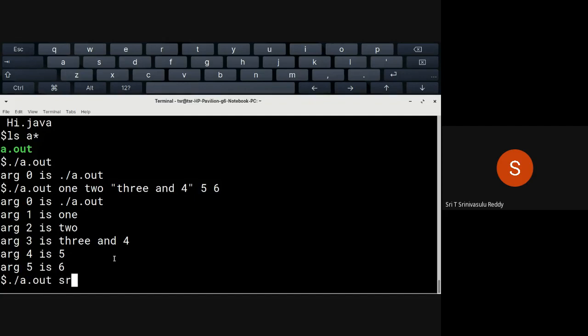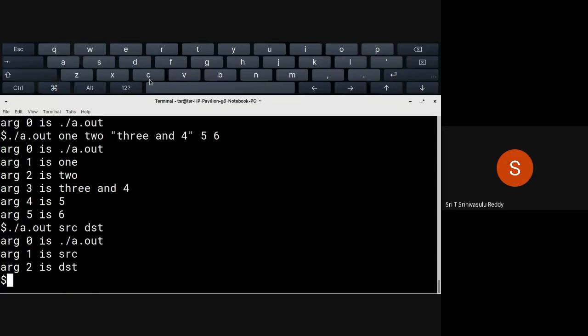So now our idea is ultimately you want to run this by saying a.out and a source file name, and space, destination file. Like this we want to give it. Right now it is only displaying whatever you are giving, but now you have to open inside. You have to open the source file for reading purpose. You have to open the destination file for writing purpose. After that, keep reading the data from source and then keep writing that onto destination. At the end of the file, you have to close both the source as well as destination. That is what a system program means.